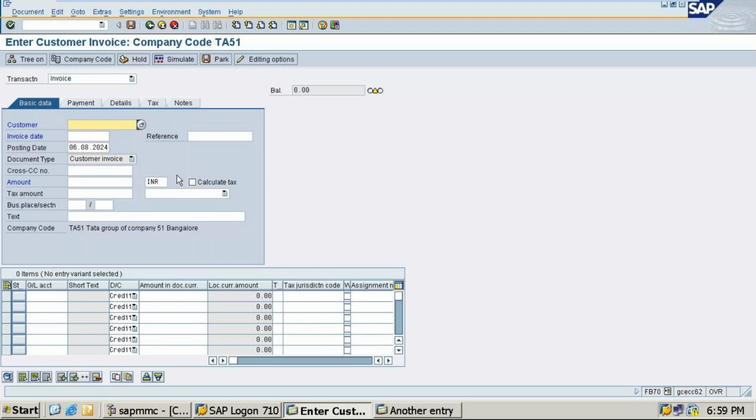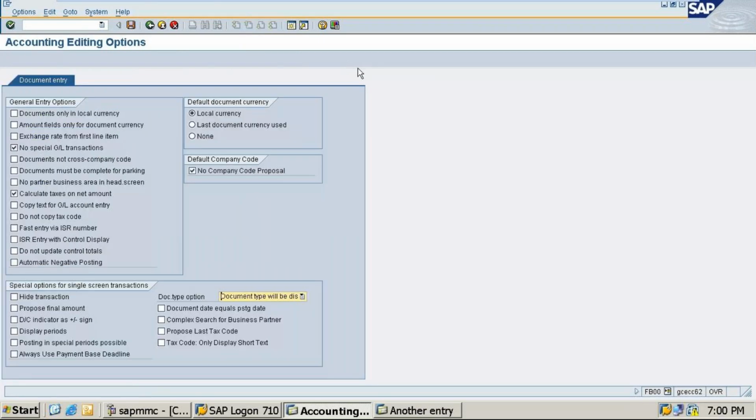How I showed you: select the customer, do the invoice date. I'll send the screenshot so everyone will get to know how it is coming.